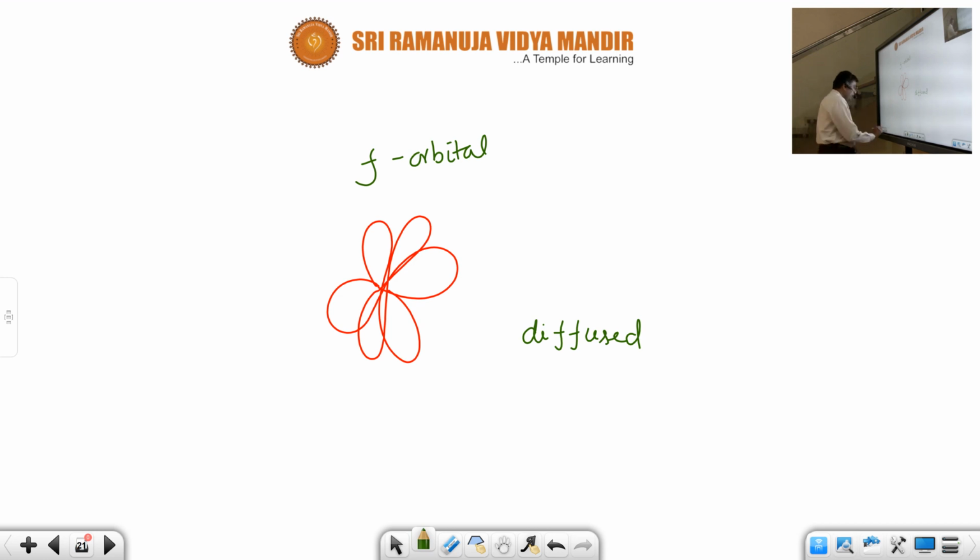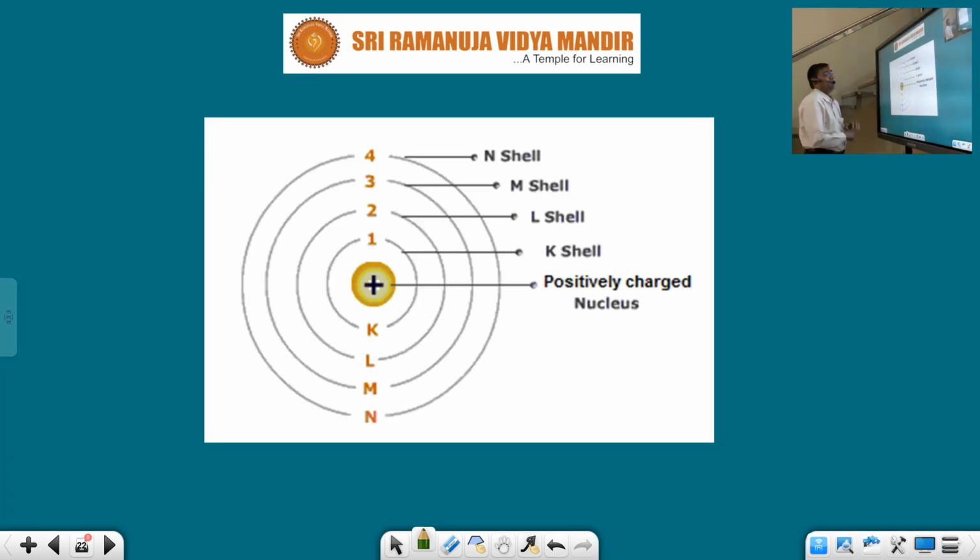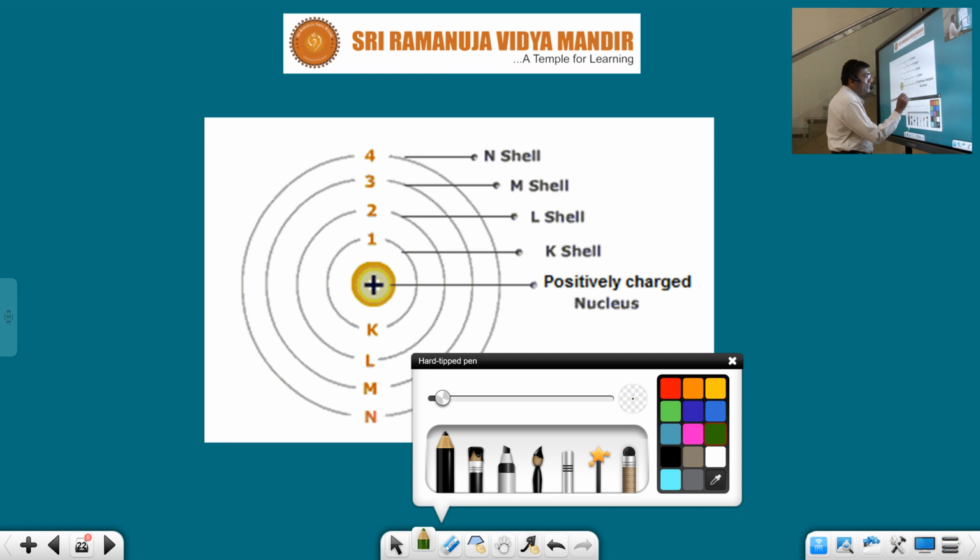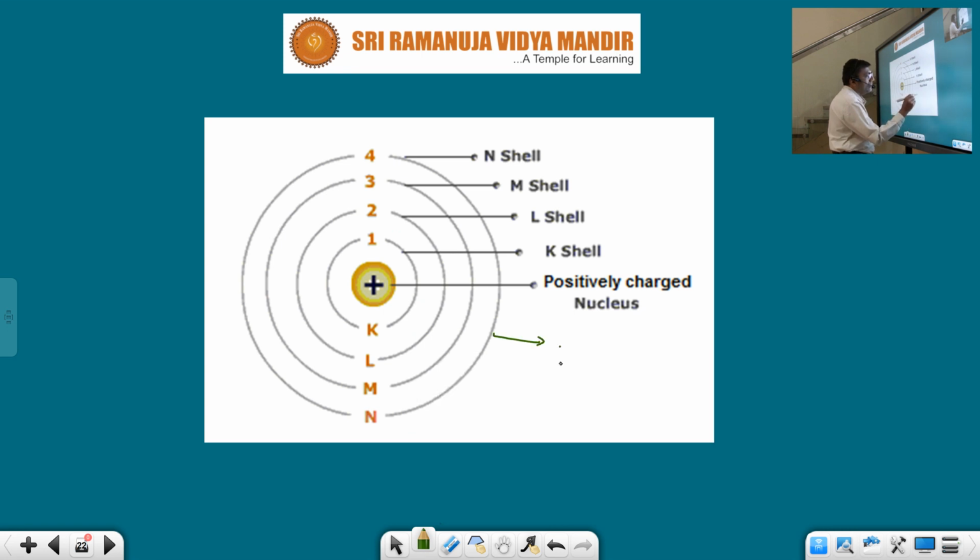Well, there is a difference between orbit and orbital. These are called orbits. You can see here, this is an orbit. Similarly, this is also an orbit. These are all orbits. In the 9th and 10th class, if you observe your ICSE or CBSE books, there is a notation to define these orbits.